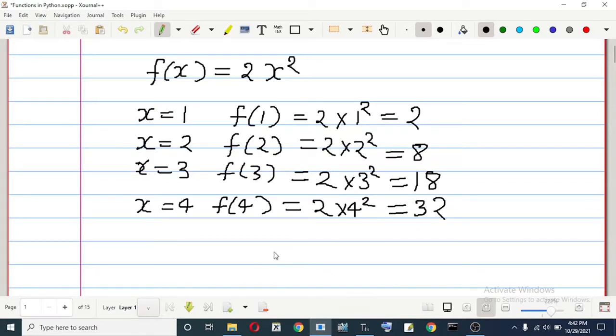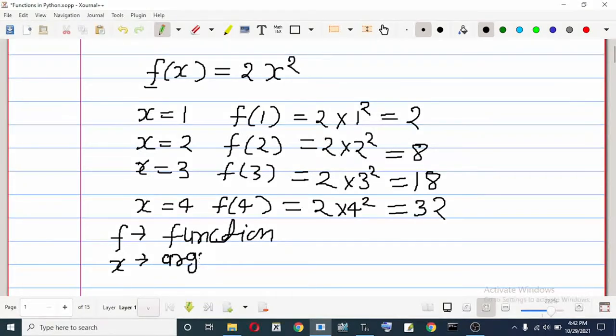Explaining it part-wise, here f is the function, x is the argument, and 2x² is its functionality, meaning what task it will perform.